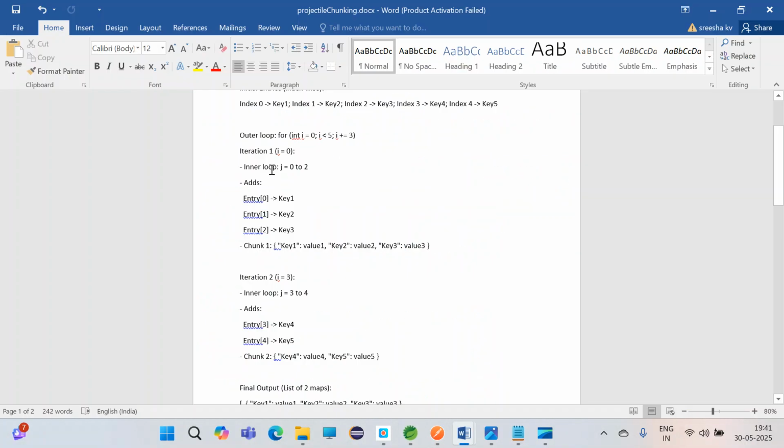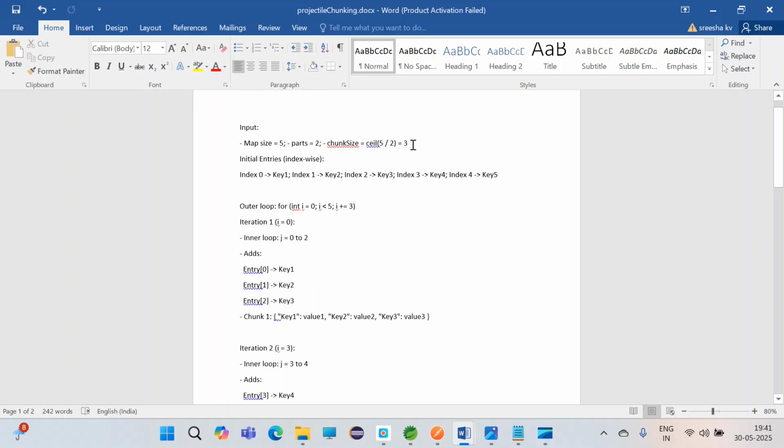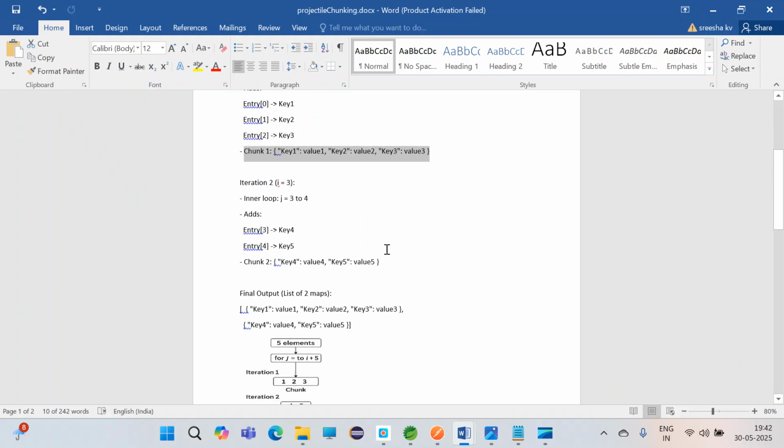Okay, what happens here is the outer for loop runs from 0 to the end of the thread, and the inner for loop runs only to the chunking size, like 0, 1, 2, so 3. So in the first chunking method, only key values 1, 2, 3 will happen. So in the next iteration, what happens, the outer for loop runs from 3, and the inner for loop starts